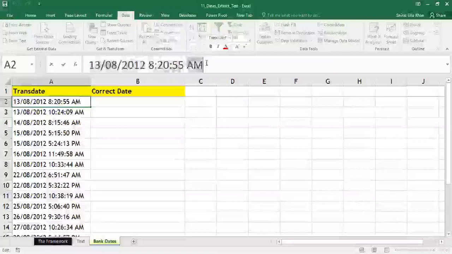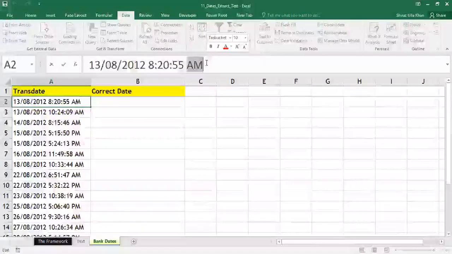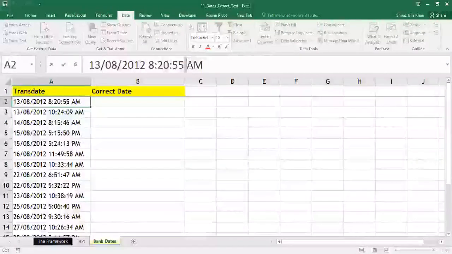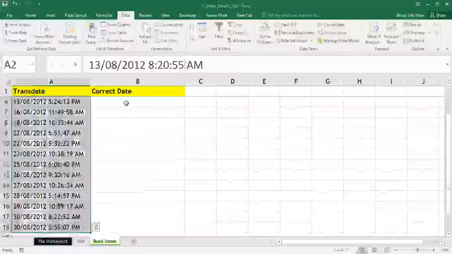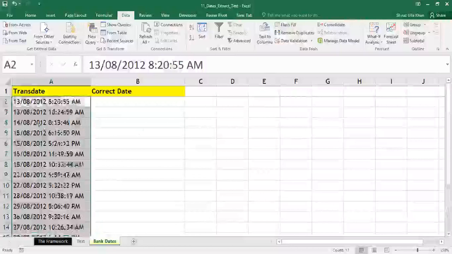So again, people, the question is, what is the delimiter which is separating the date from time and time from AM and PM? If you see, the delimiter is again a space. Okay, so people, let's start this. As a first step, as you know, if I have to use the text to column utility, first thing is I need to select the data which I want to split. So I'm clicking on cell A2, Control Shift down arrow of my keyboard to select the entire column of the data. I've selected the data people as a first step.